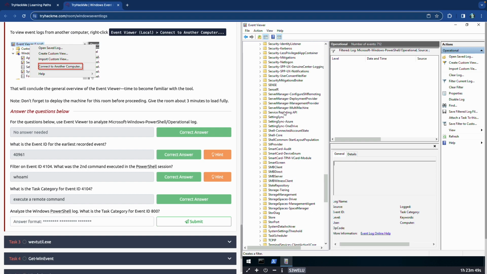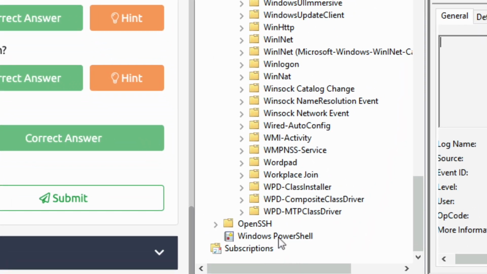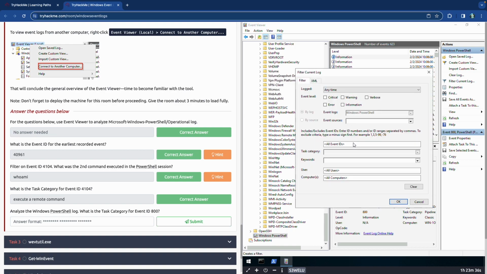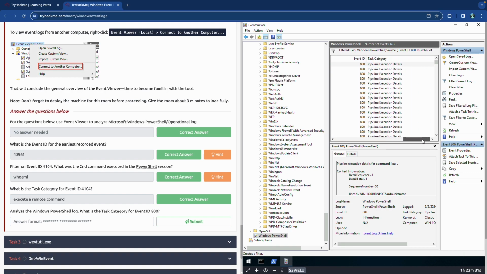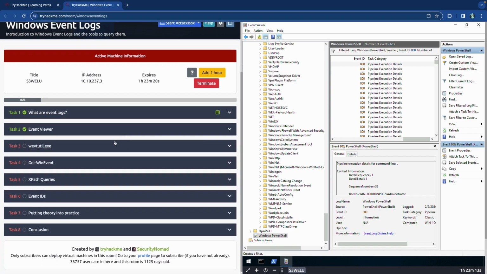So there's Windows PowerShell, and there's probably something under W. There's Windows PowerShell maybe down here. Oh yeah, it is. It's all the way down here. So Windows PowerShell, that's the one that we're looking at. So we're going to filter this log for event ID 800. And the task category for this is going to be pipeline execution details. And there it goes. Okay, cool. We got it. And now we can move on to the next task, which is going to be